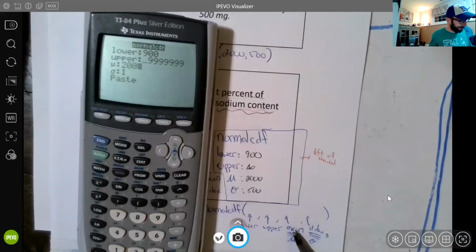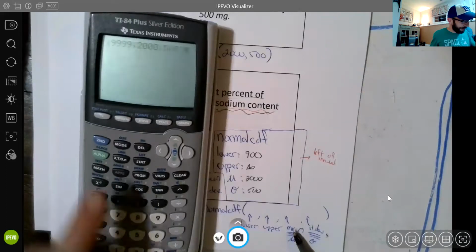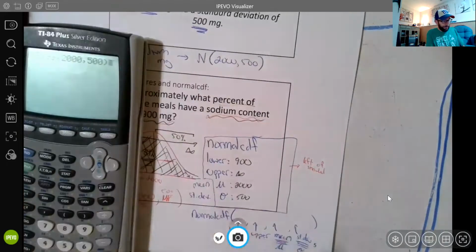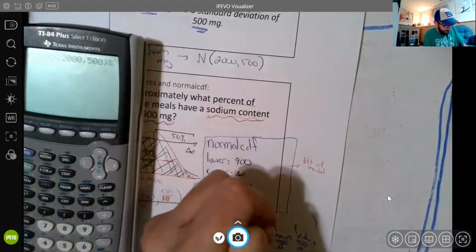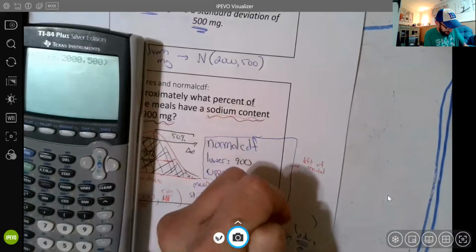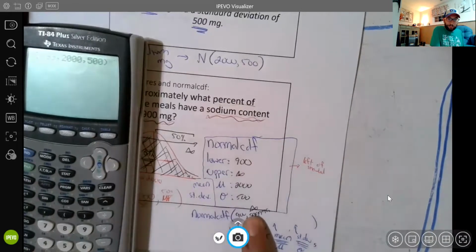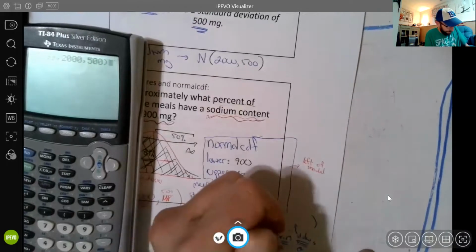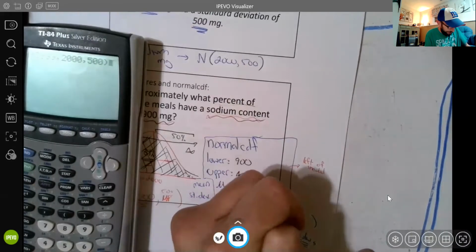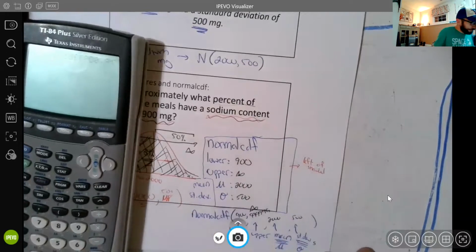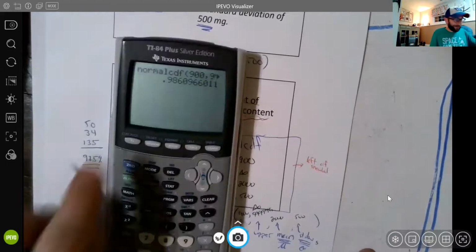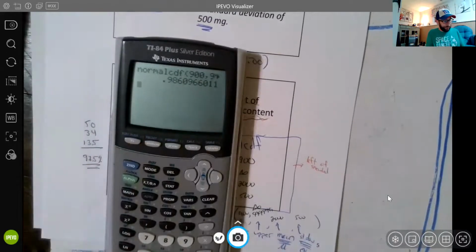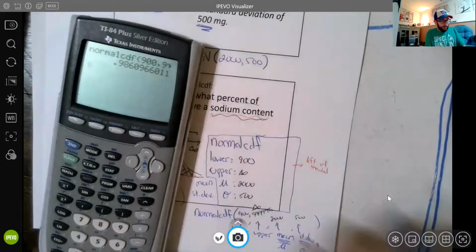And now our mean and standard deviation. We hit paste. We can see it pop up on the screen, just as I had written it down here: 900, comma 9999999. When you're showing your work, you can write an infinity symbol, by the way, that's fine. And then the mean and the standard deviation. And then boom, there's our answer. As expected, it's a little bigger than 97.5%. So our final answer over here,